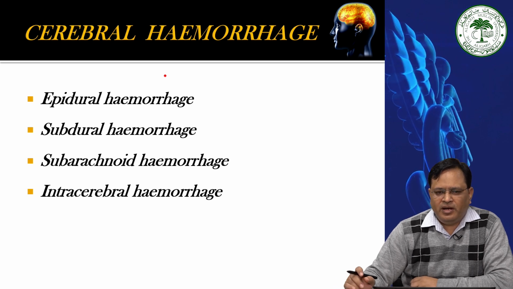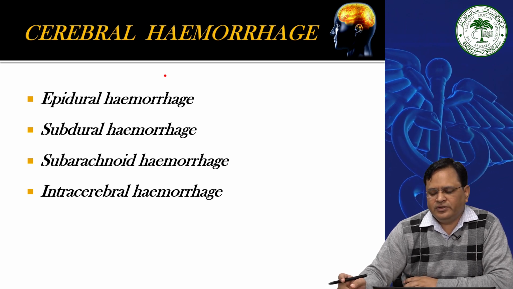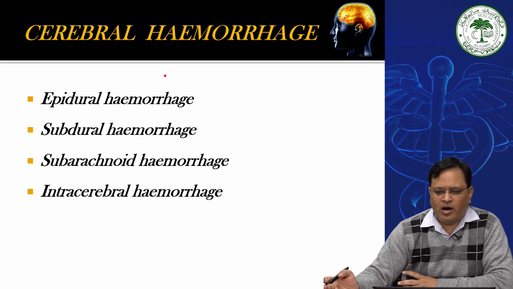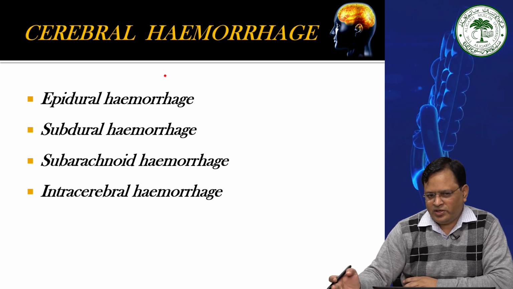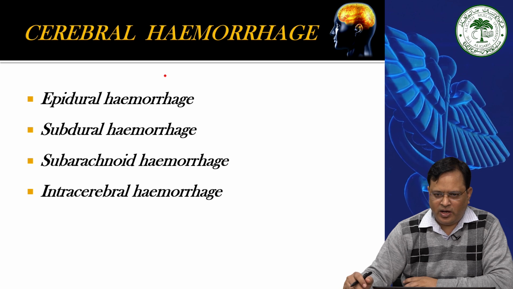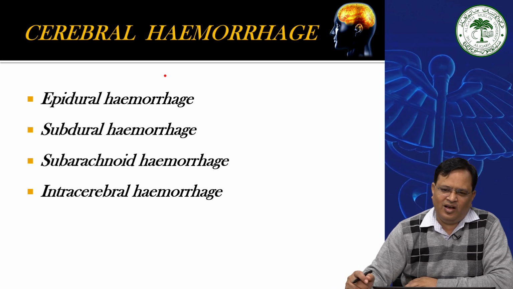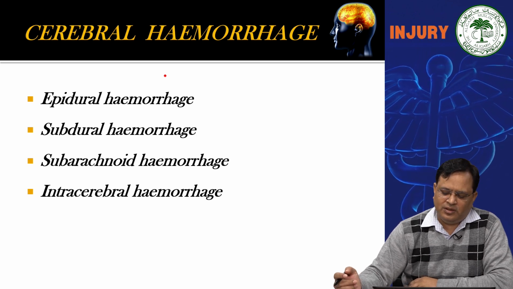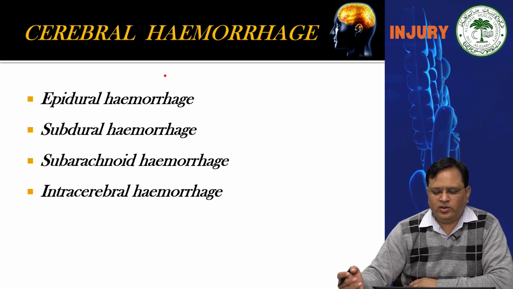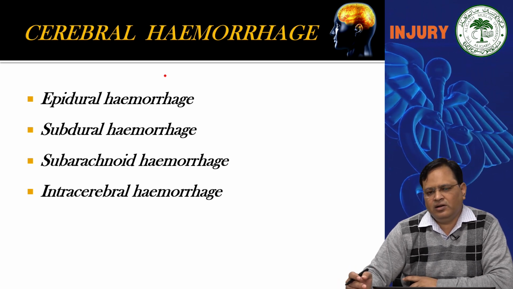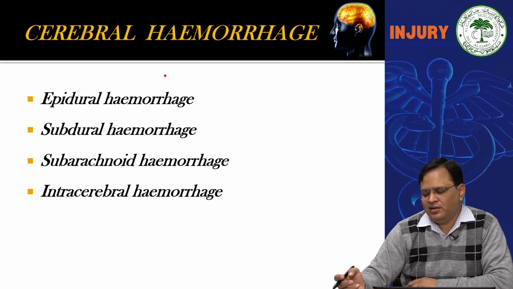Cerebral hemorrhages can be divided into epidural hemorrhage, which is just outside the dura, subdural, below the dura, arachnoid, subarachnoid hemorrhage within the subarachnoid space, or intracerebral hemorrhages. These are the different hemorrhages that can be classified according to the membrane layer or the membrane spaces in which